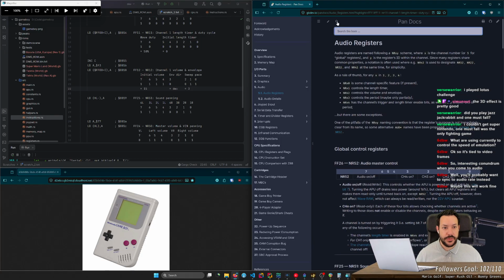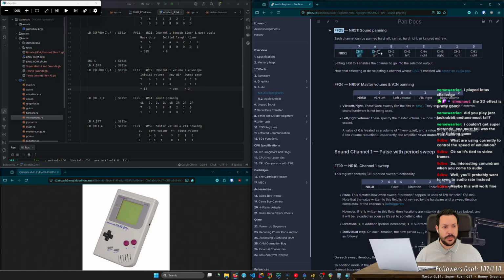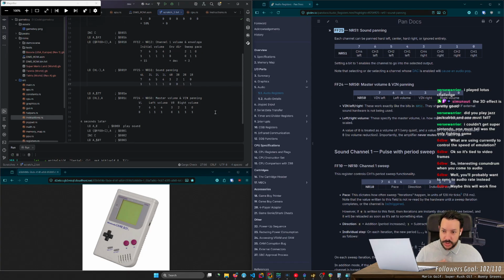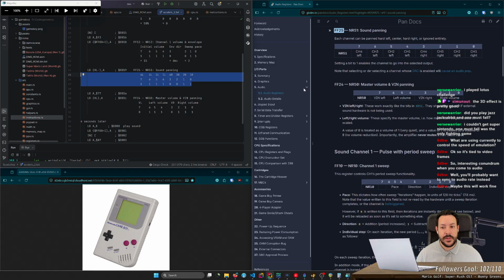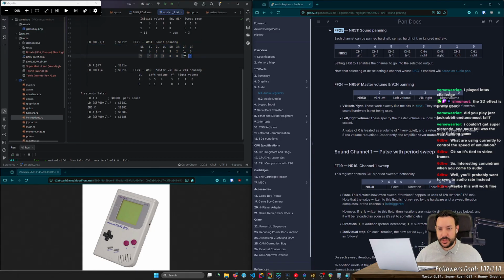And then sound panning, which is FF25. It enables all of the channel left, channel right. This doesn't matter much, because in reality the Game Boy speaker only outputs mono, so the mixer will still mix this as one. So I don't care for this for now. We'll probably handle these whenever we support proper headphones or something. But for now, I'm just writing everything to both channels.